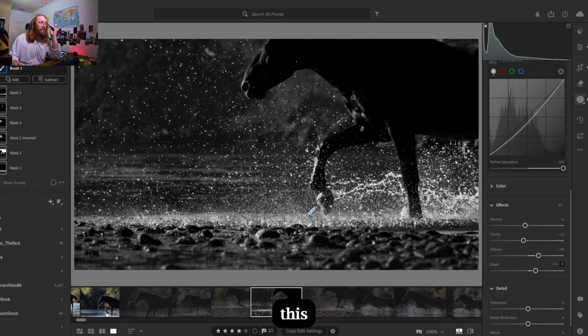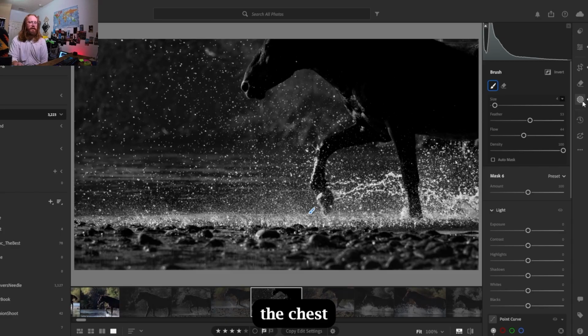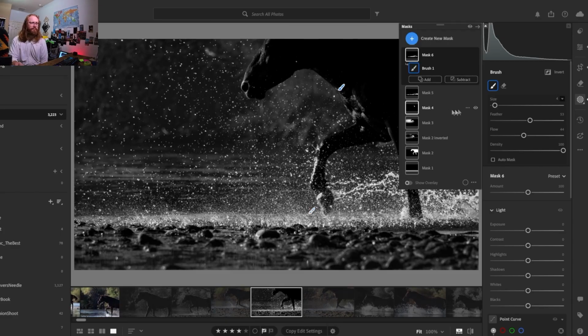And this already feels so much better than what we had. This has depth to it. I don't feel like I'm looking at just a wall of dots now. I feel like I'm looking at, oh, that's closer. That's further. And I can see it. Now the chest piece,